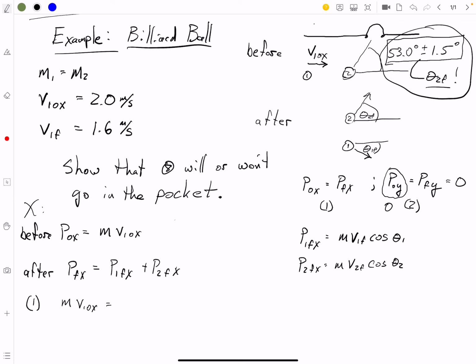We're going to equal mv1 final cosine theta 1 plus mv2 final cosine theta 2. Okay, all the m's cancel, and we're left with this bit equals those things. Okay, that's our equation number 1. And we did that by looking at